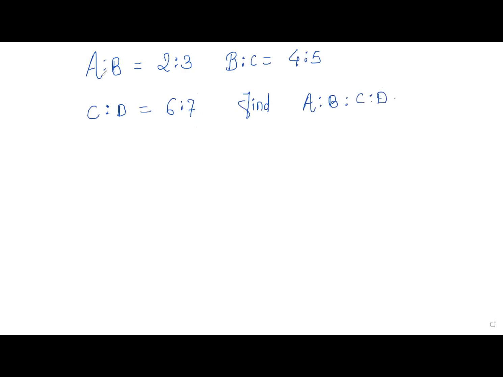The things are given. A is to B is equal to 2 is to 3. B is to C is 4 is to 5. C is to D is 6 is to 7. And we are finding out A is to B is to C is to D. So first of all,